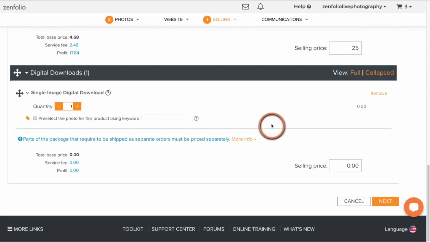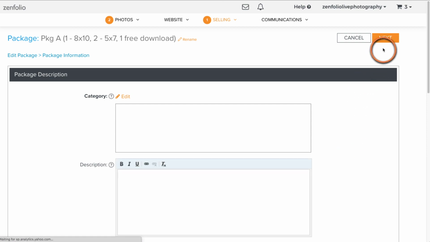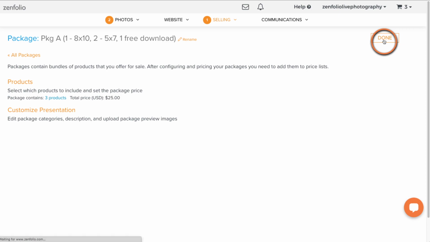So once you're finished, you're going to go down to the bottom, click next, and then you're going to click next again. And that's going to save that package, and then you're going to hit done.